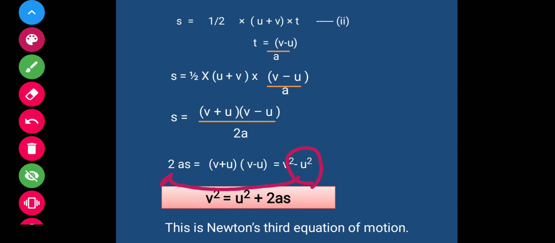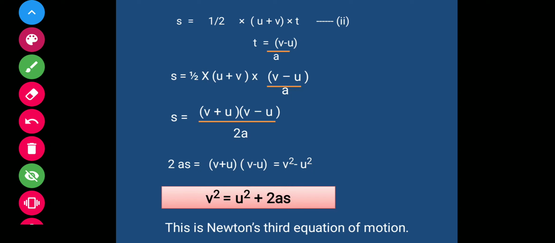See here, 2as is equal to v square minus u square. This will shift on this side, so we get v square is equal to u square, because u square has now shifted on this side, plus